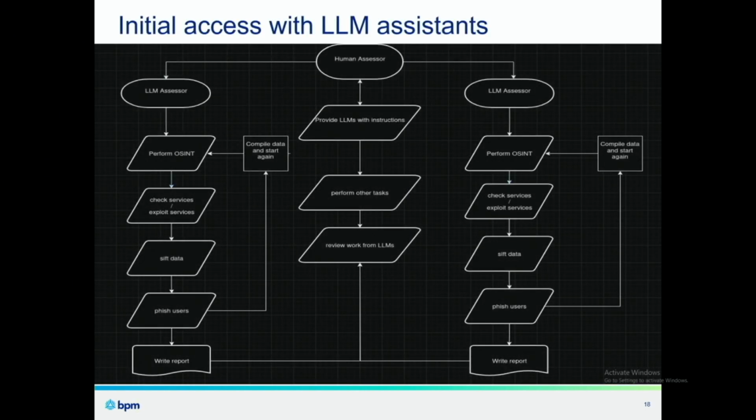But if we think about it with LLMs, there's a couple of things we can now do to change this up. Instead of going and doing all that myself, I can say, hey, I have two LLM assistants here. Let's have them go perform that open source intelligence, have them check or exploit, have them sift through the data, or even have them phish the users, generate the website, send emails, compile that data, and then write the report to me. Meanwhile, I'm over here producing more open source exploits for them to navigate through and get information. I'm creating new payloads or maldev, which they're not as well suited for. Or I'm having a beer, spending time with the family. An LLM can work 9 a.m. to 9 a.m., so I can do stuff outside of that.